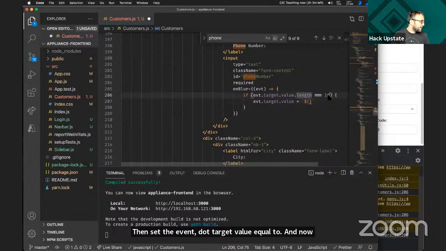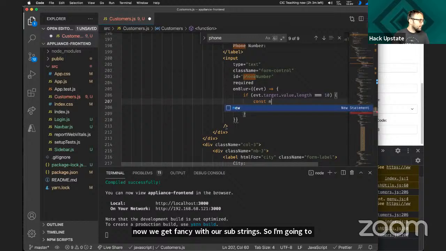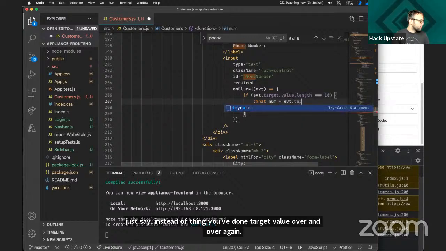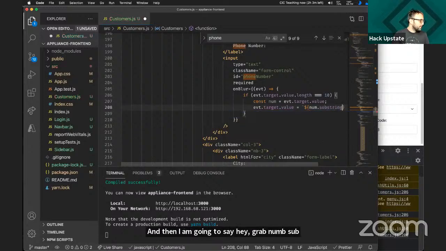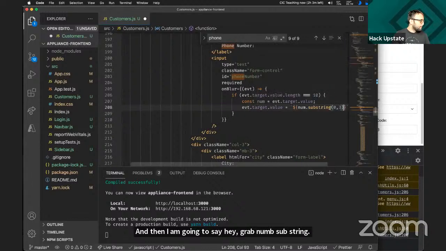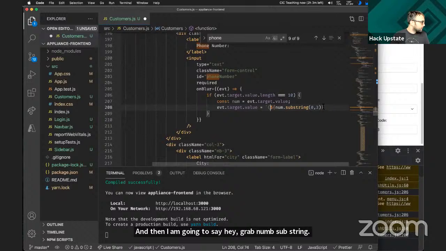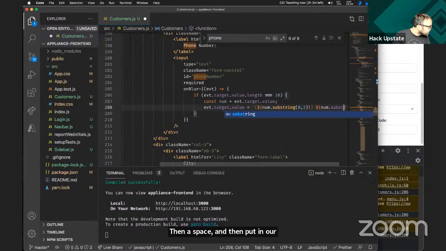Instead of saying event.target.value over and over again, I'm going to say const num is equal to event.target.value. Then grab num.substring 0 through 3 and put parentheses around it, then a space, and then put in our num.substring